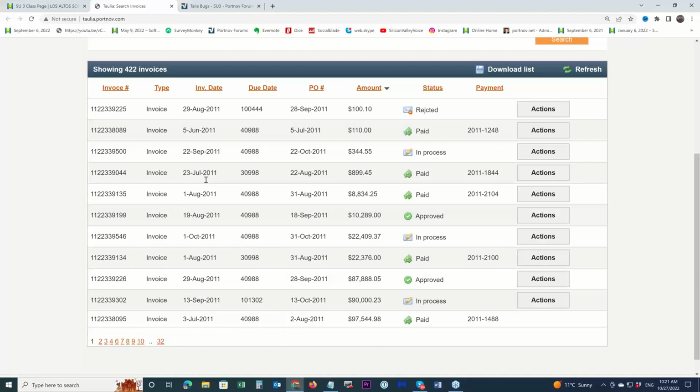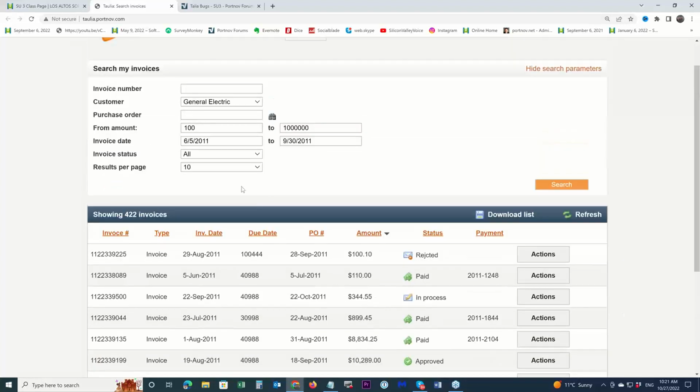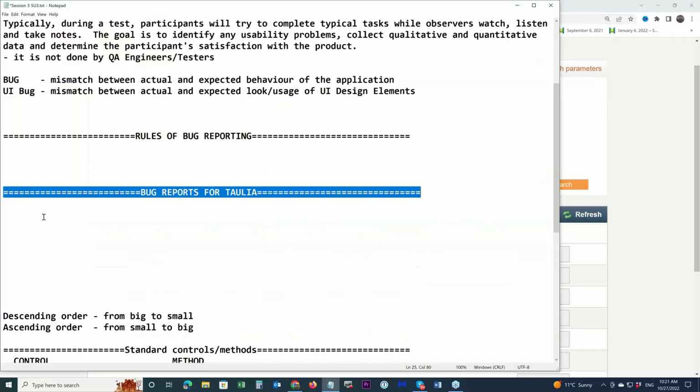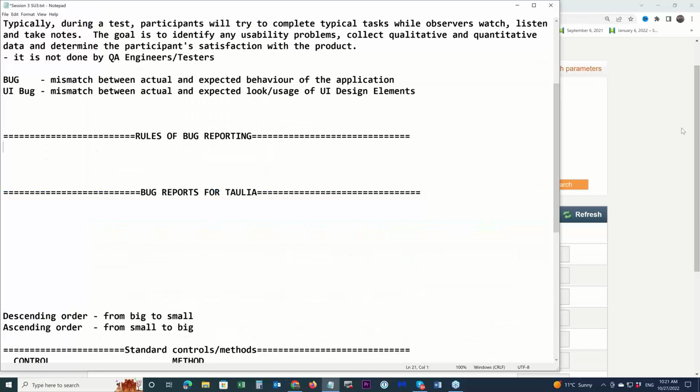But in reality, if you count them, it's 11. So what Roman says, it should be 10 as per results per page, list box here. So let's take his bug report. Let's say number 1. Search results must contain 10 rows.